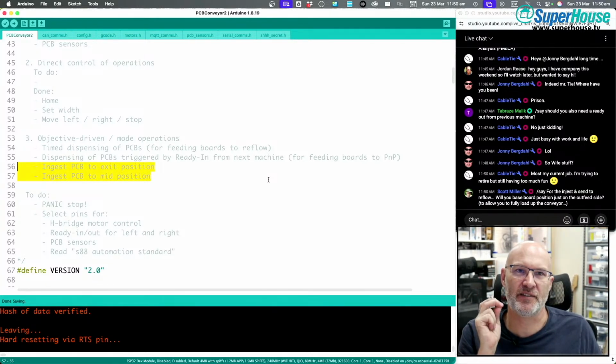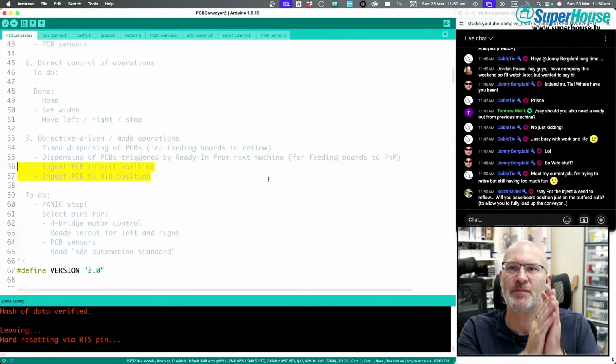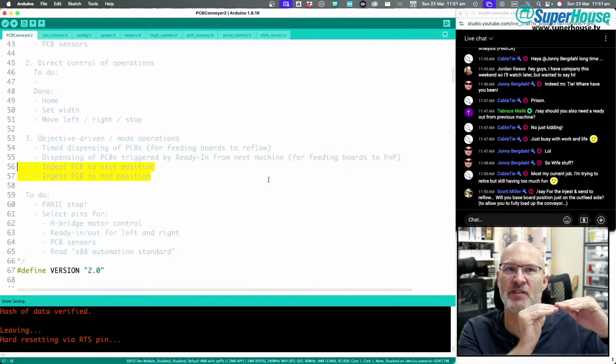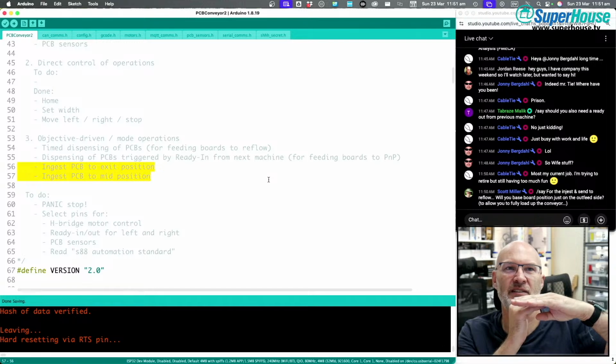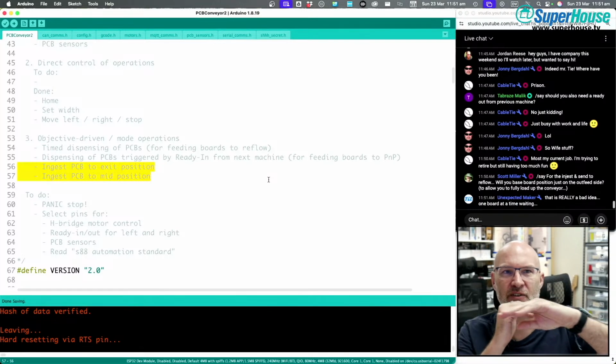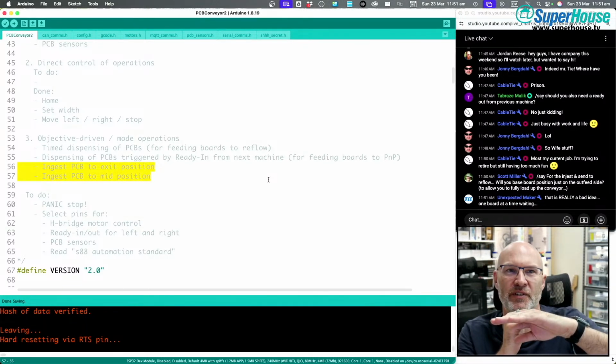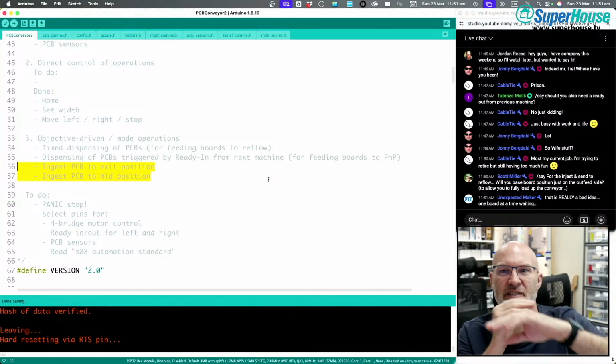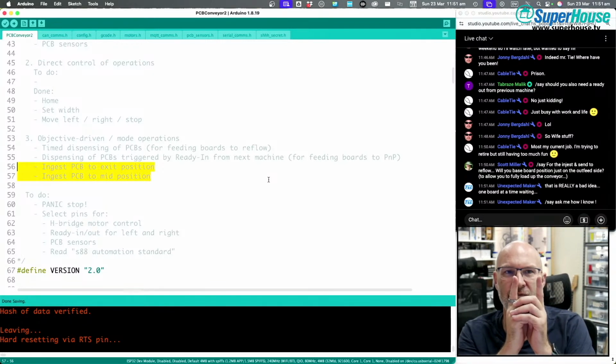So one way this system could work is, when you feed a board in on the input side, it knows based on that input sensor when the board has started getting onto the conveyor. And then once it clears that sensor, it knows the board is fully on the conveyor, and it could then run for another however long it is, to create a nice little interval. And then when the next,